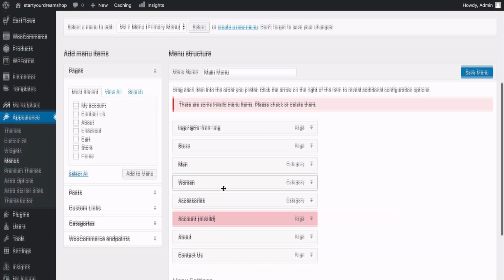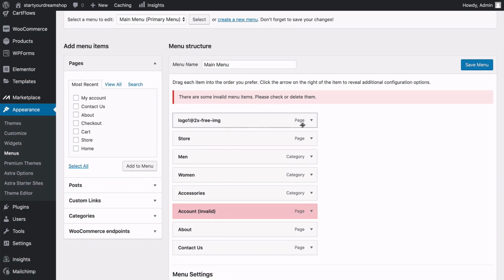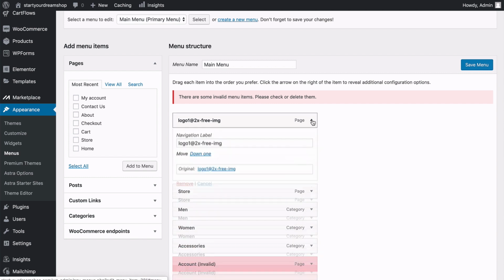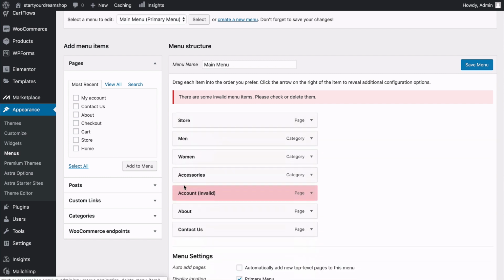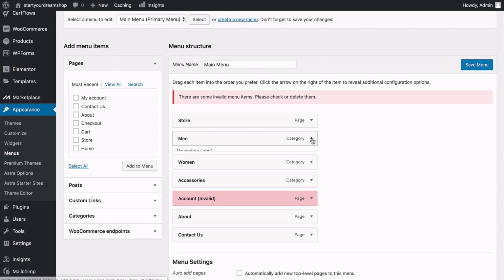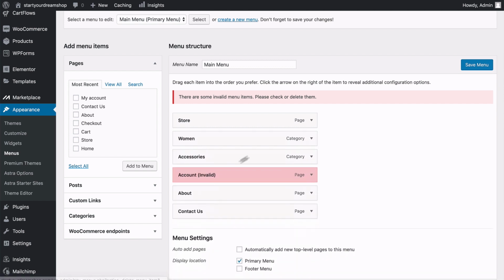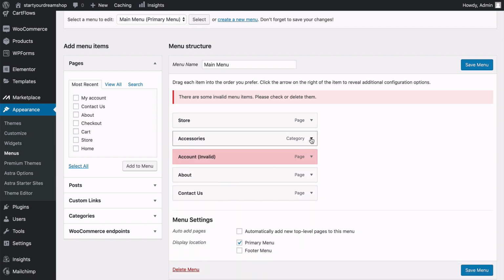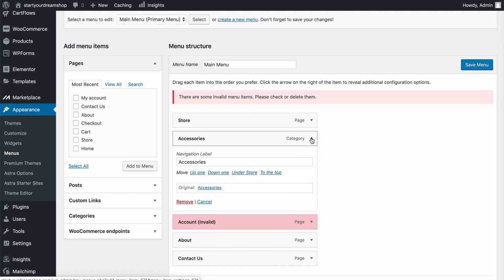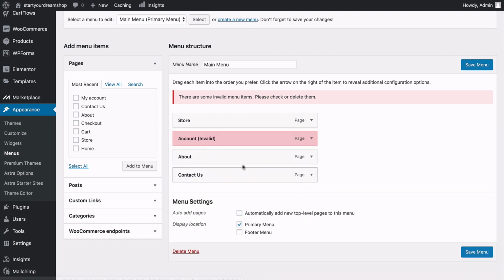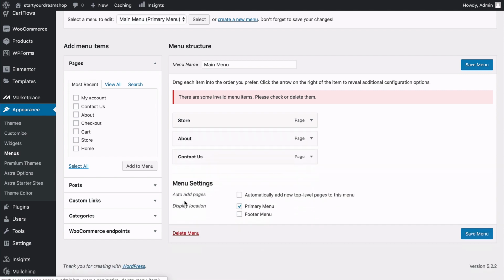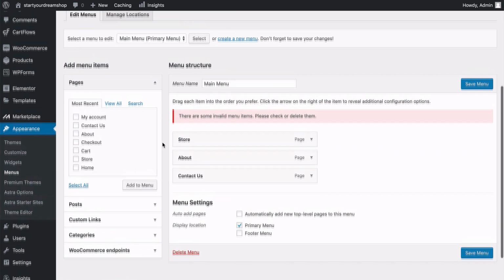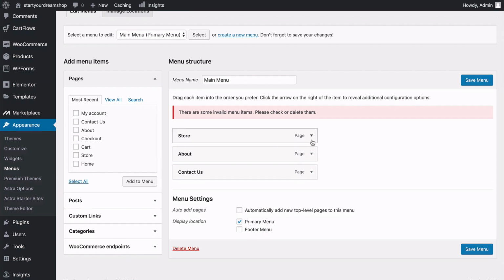So this is how your menu looks. This is the structure right here, and to delete anything here you would click and then remove. So I'm going to do that for a few of these things. I'm going to just remove the ones I don't really need. I'm going to remove that one because you can create your own pages or menu items in a moment. So I'm going to remove accessories. I'm going to remove account. I'm going to keep the About and Contact Us pages, and that's it. I'm going to click on